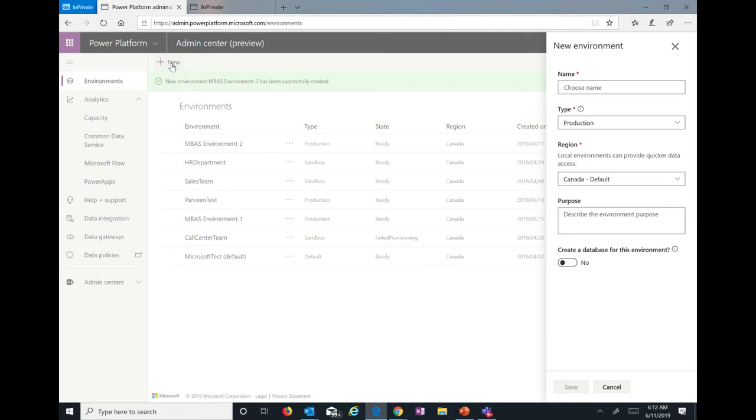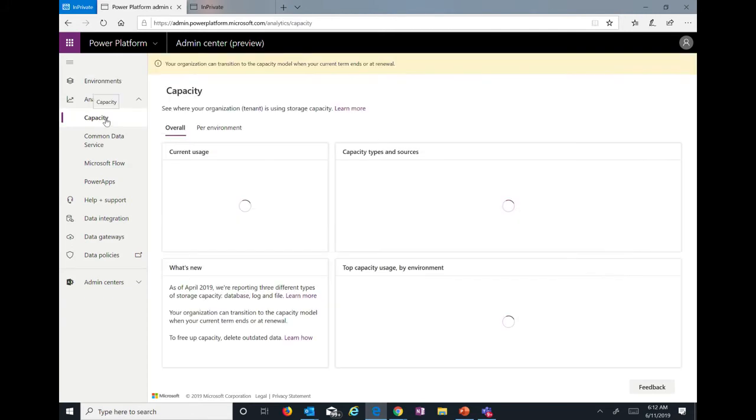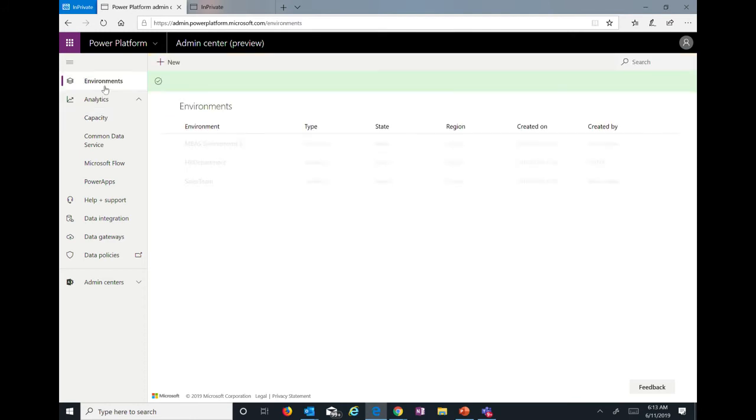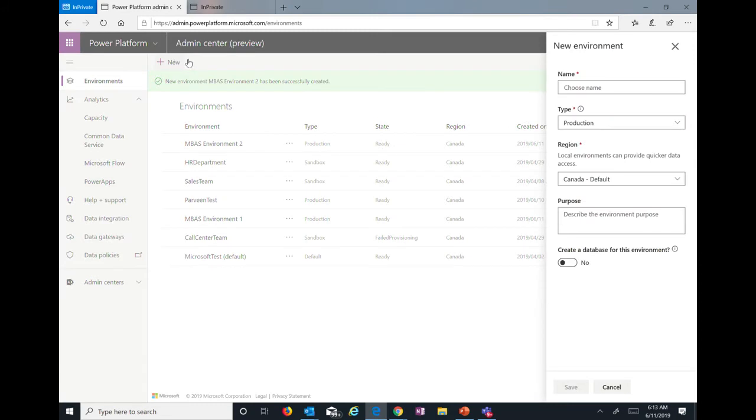When you click on new in your tenant, you will be given that pop-up saying that the feature is coming soon. But over here, I can create a particular environment. So before I create it, let me quickly show you the capacity so we keep that number in mind and come back. So it says 4.93 database capacity is consumed. And now let me go into the environment